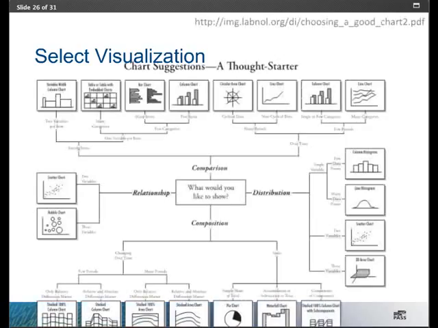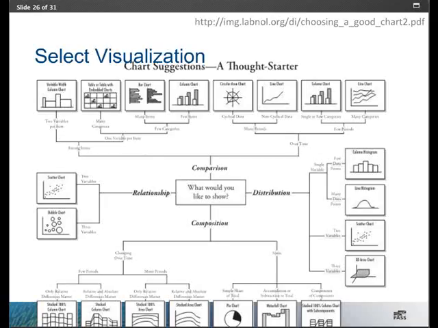And obviously today we don't have time to go into those details, but I will share something that someone else brought to my attention. It's called the thought sorter, and you can see the URL in the upper right-hand corner there to get this chart for yourself and study it a little more closely. I know it's hard to see all of the details on this, but what I want you to get is just the big picture here, to focus on the generality. So in the center of the slide, it has the question, what would you like to show? And then surrounding that, you can go one of 4 directions: comparison, distribution, composition, and relationship.